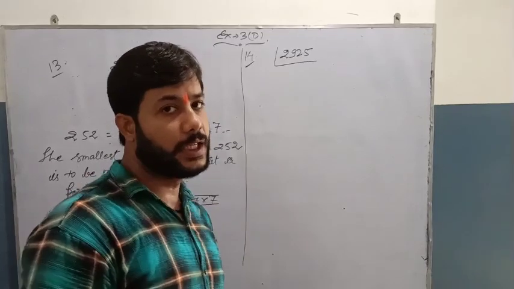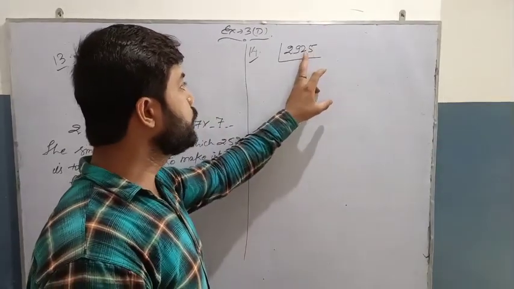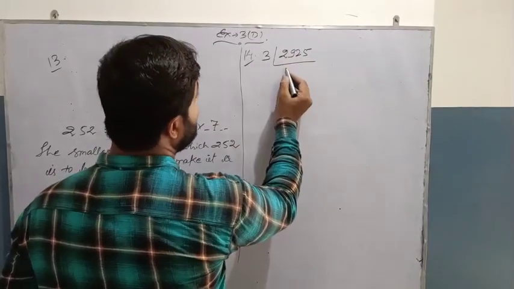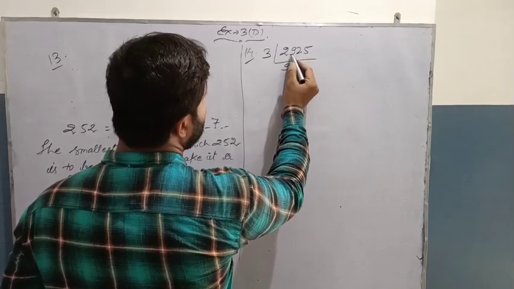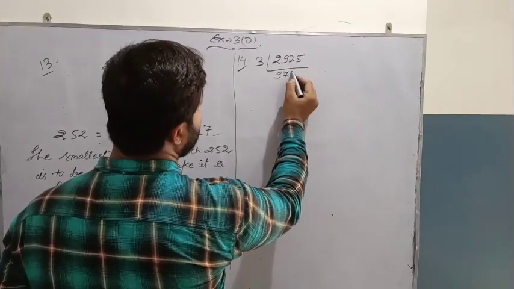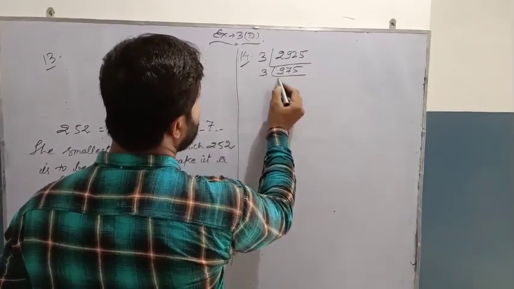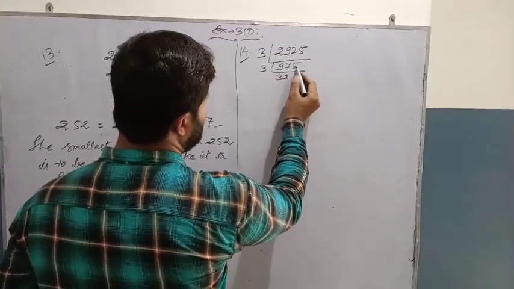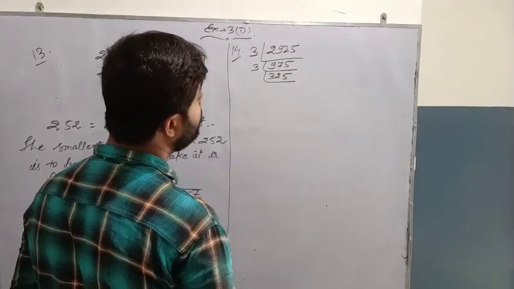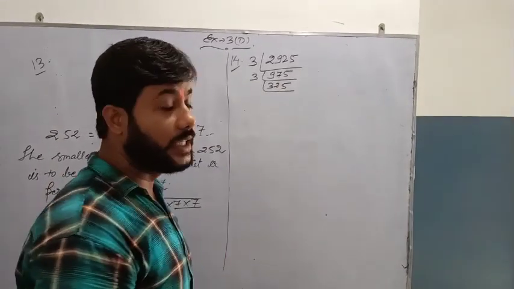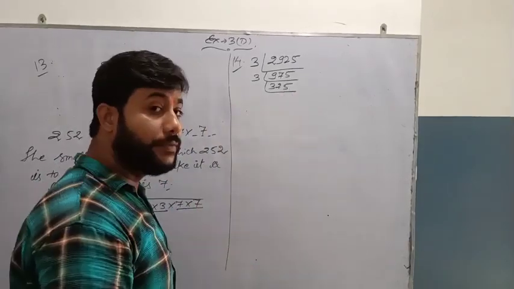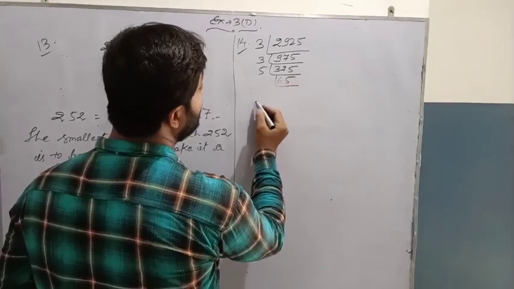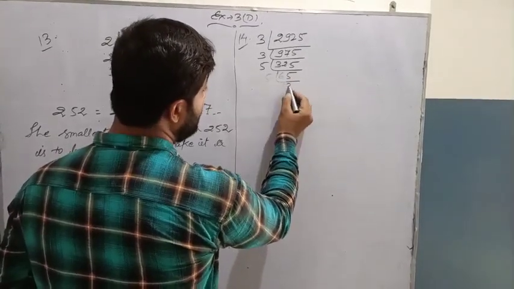Right? So we will go for prime factorization. We will check whether it is divisible by 3 or not. 5 and 2 are 7, 9 and 7 are 16, 2 and 16 are 18. So it is divisible by 3. So 3 nines are 27 and 3 fives are 15. Again 3 threes are 9, 3 twos are 6 and 3 fives are 15. Now 5 plus 2 plus 7 plus 3 is 10, it is not divisible by 3, so we'll go for 5 because it is having 5 at the unit digit. So 5 sixes are 30 and 5 fives are 25. Now 5 again, 13.